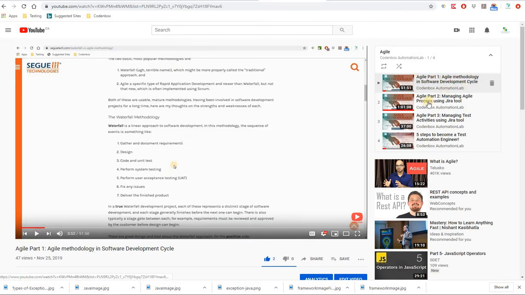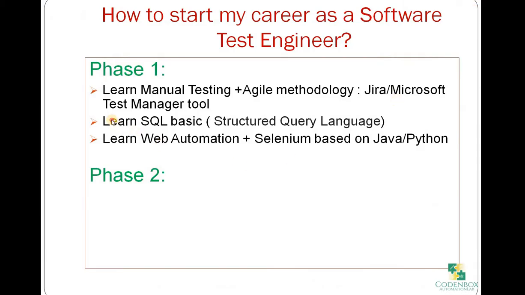So Agile part 1, part 2, part 3, these three will give you a complete idea, and it's a good enough understanding about the Agile process as well as the methodologies and using the Jira tool. Okay, so next is learn